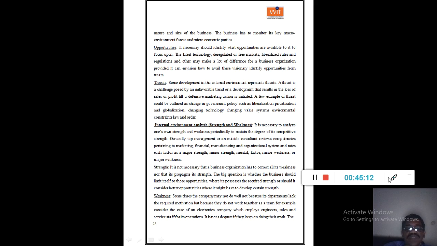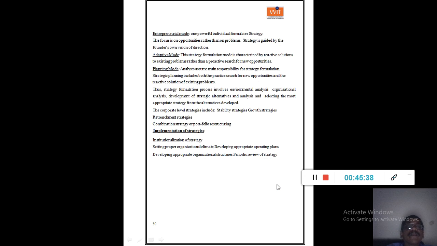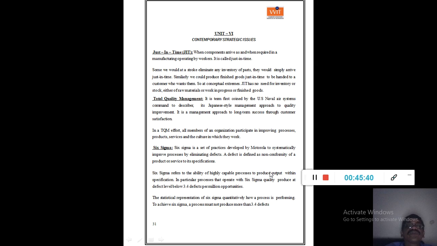Weakness. Sometimes the company may not do well, not because its departments lack the required motivation, but because they do not work together as a team. For example, consider the case of an electronics company which employs engineers, sales and service staff for its operations. It is not adequate if they keep on doing the work separately. So like that we have